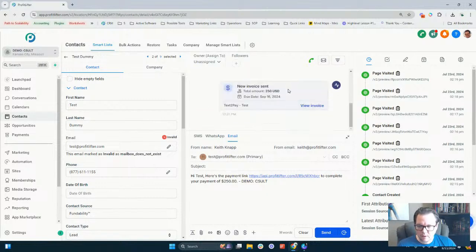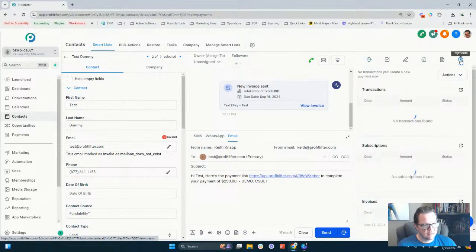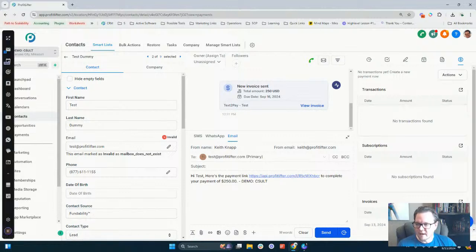Now, so that's 3 ways that I've showed you how to collect money. Let's go to number 4. Number 4 is while you are in the contact record, you can actually collect a manual payment as well right here. So on the top right where the dollar sign is, where it says payments, if you click payments, it's going to give you a couple different things. One, it's going to show you all the transactions that have happened with your clients. So that way you can see how much they paid,